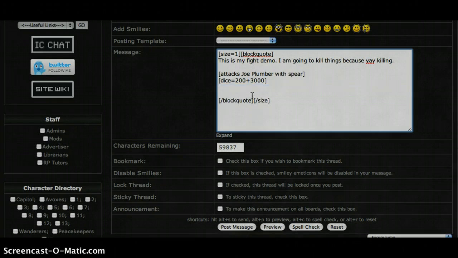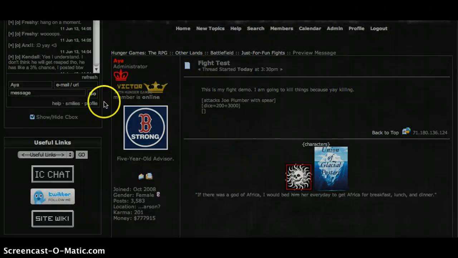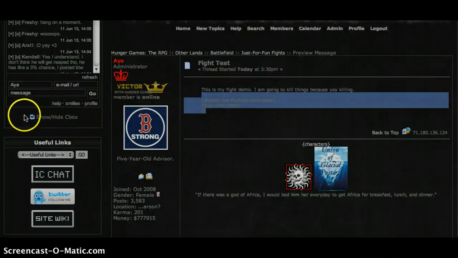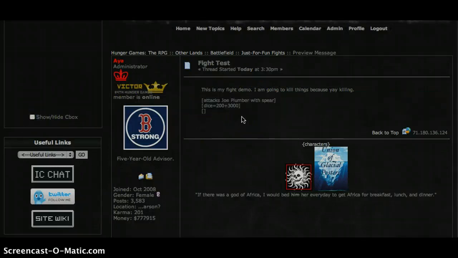So you do that, and then you can't preview your message because that would be bad, because it doesn't show up. It will literally just say the thing that you put in there. Because obviously if you were to just preview your message every time and see what attack you were going to do, you would keep trying until you cut off someone's head.